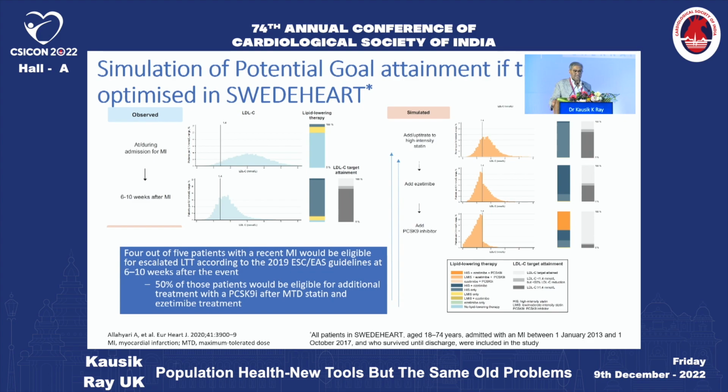And on the right-hand side, you can see that the answer is not simply to up-titrate the statins, because most of our use is actually moderate or high-intensity statins. So that top right and the bottom left look fairly similar. Where you start to shift those outliers and pull them over to the left is when you add in a second drug. So a bit like our hypertension colleagues.